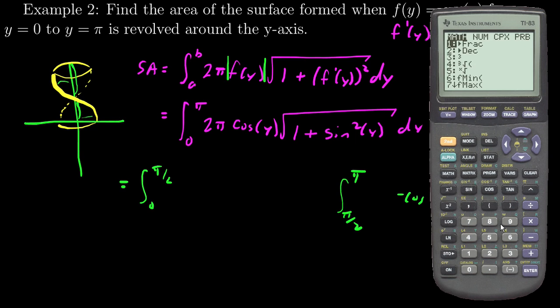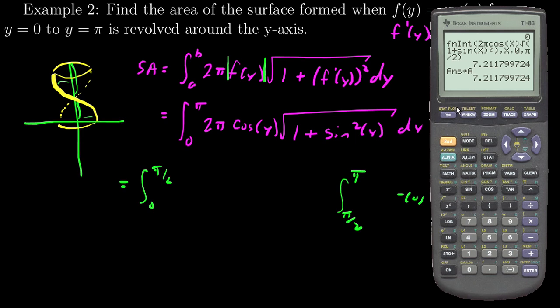So math 9. So I'll do the integral. Actually, let me do it this way. Second entry, and I'll go from 0 to pi over 2. 7.211799, and I could store this as a variable. I'll do that. Store this as a,